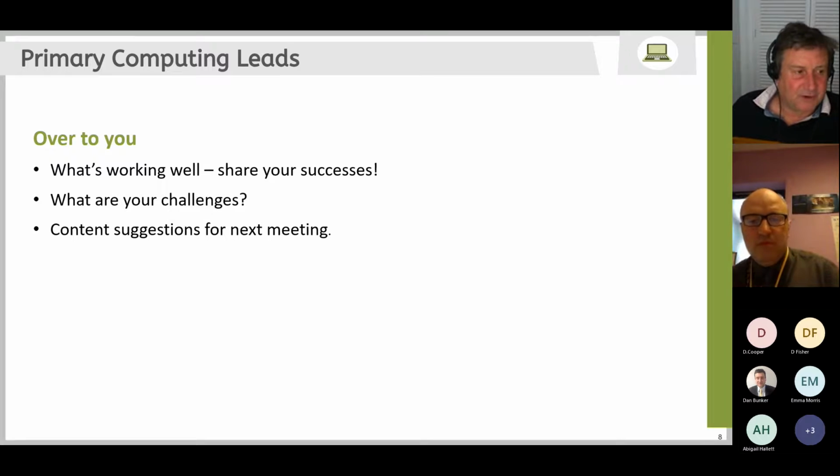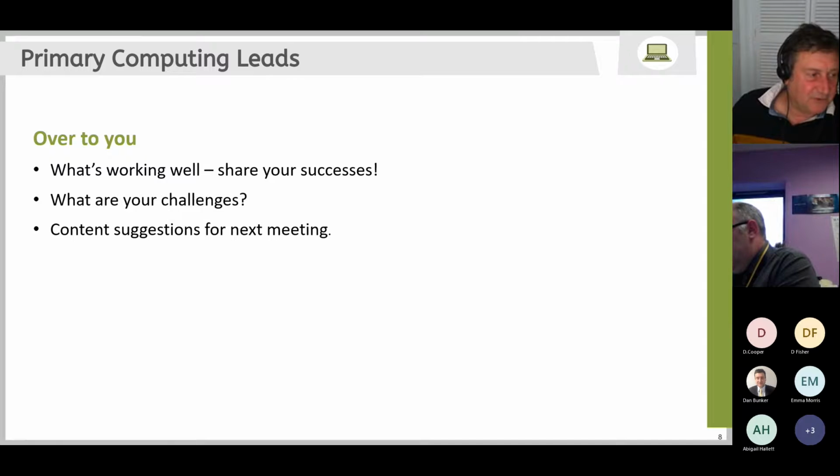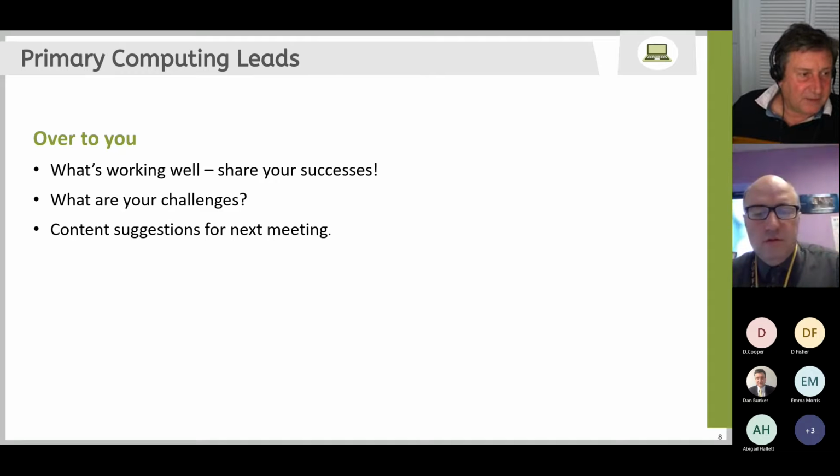Yeah, that is a challenge for all of us. I know we're using Chromebooks because that's what we've been given en masse. But ideally, your digital strategy may look at a bit of a mix, so you can use some Windows devices. Sometimes the iPad is a really good tool for some of the units, and sometimes the Chromebook's perfectly fine. So I think we are working our way through some of those issues.